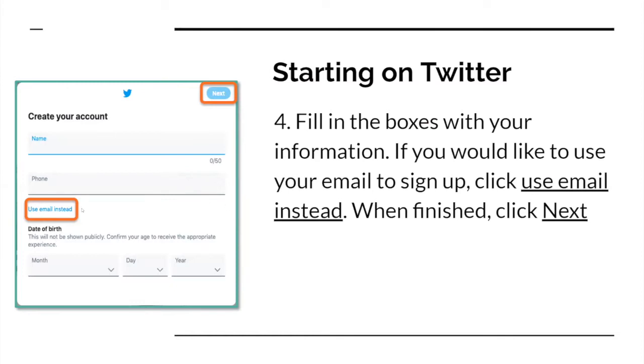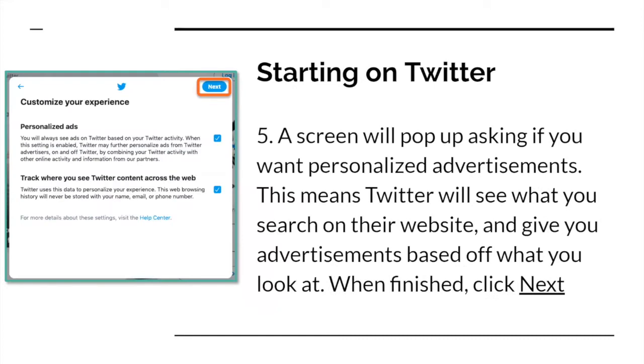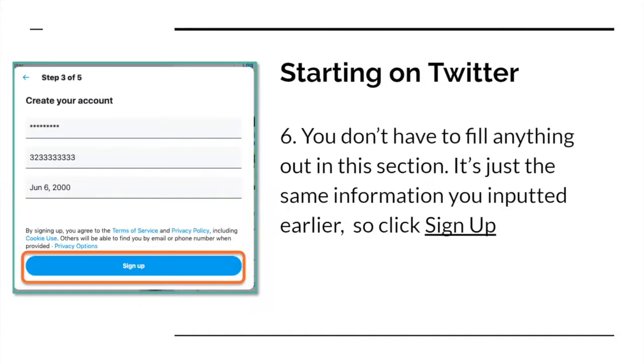But if you are new on Twitter, you can use the option of creating your account. Then here are a few steps you have to fill out, like filling out your name and phone number. You can even use your email instead. And moreover, as you know, nowadays our technology is so advanced. They even ask for personalized advertisements. This means that Twitter will see what you search on their website and give you advertisements based off what you look at. When finished, just click next, and